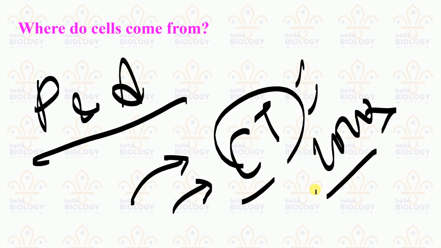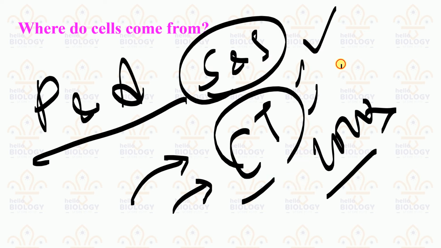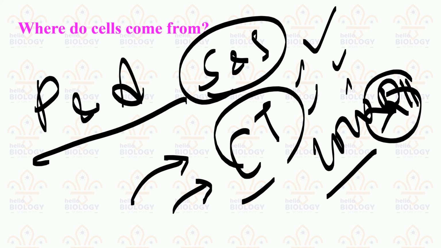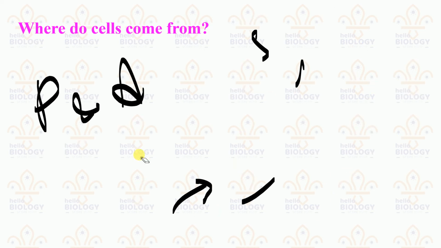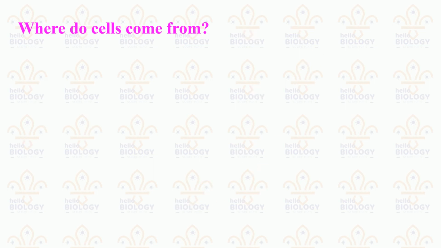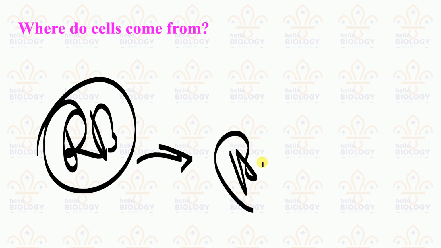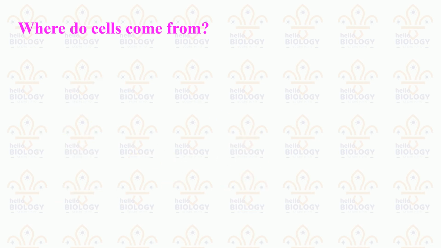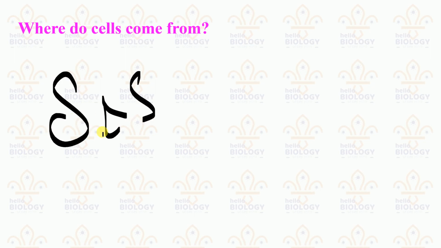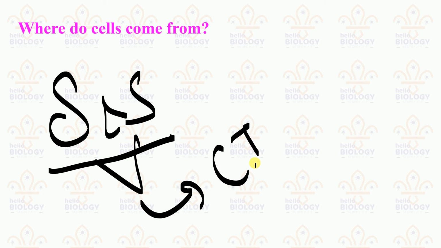This cell theory goes to them, and the full credit goes to Schleiden and Schwann only. Why? Because they gave that cell theory. After a gap of 200 years, Robert Hooke first observed cells, but he did not propose the cell theory. Even though Robert Hooke knew very well, he could not succeed. But in the 19th century, these two scientists, Schleiden and Schwann, together postulated a good theory called cell theory.